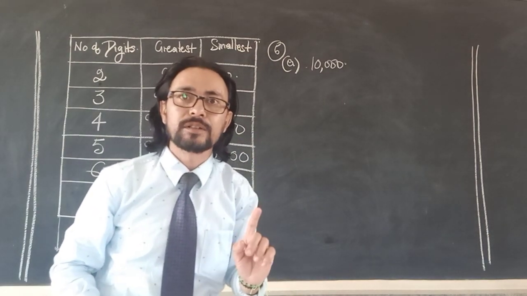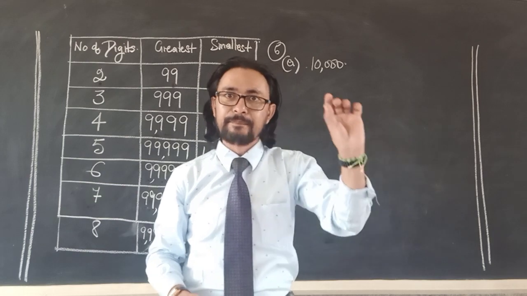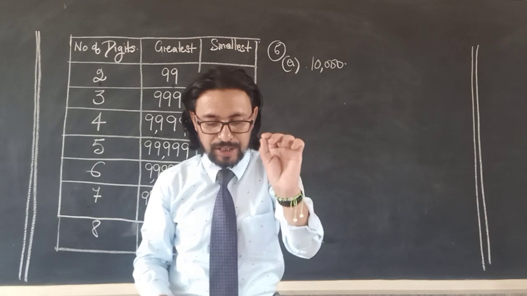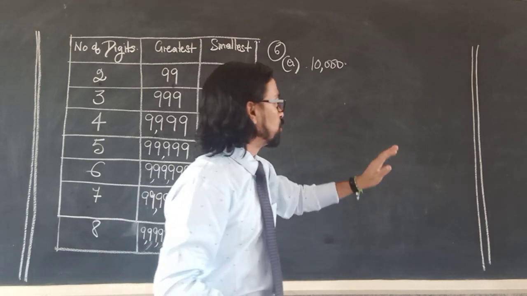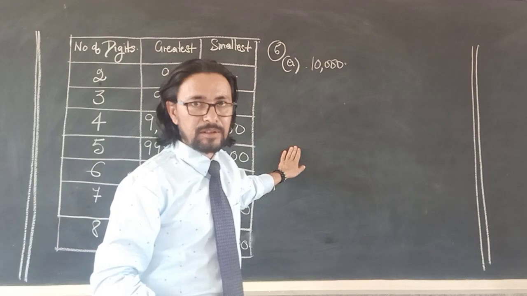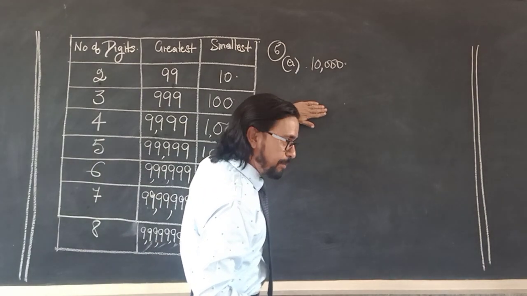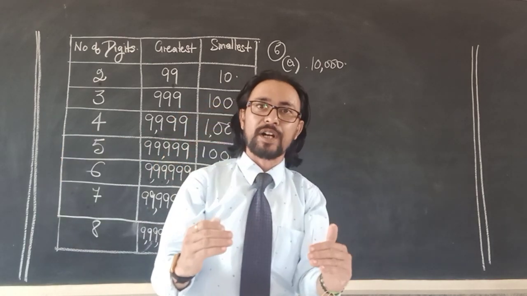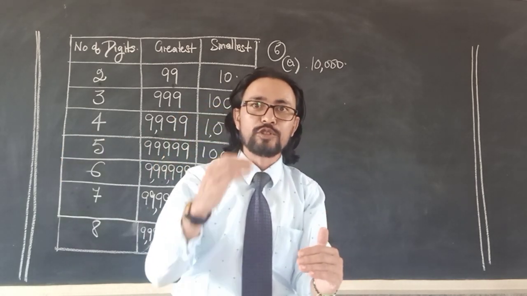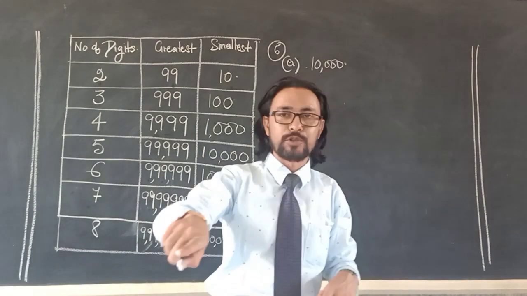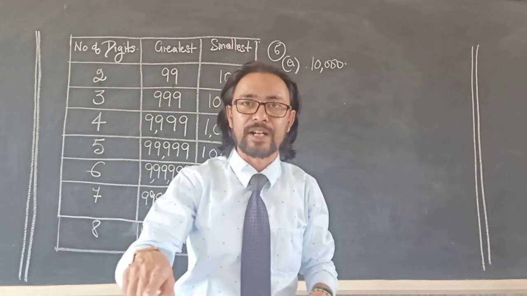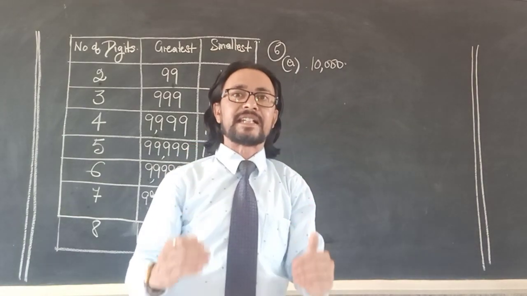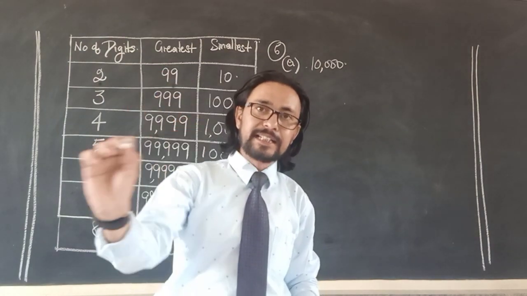I hope you've understood. When you've written sentence B, suppose I am the student, I write B, the sum of the largest 4-digit number and the smallest 5-digit number is, and you write the answer that I'll be getting just now. But the working that I'm putting just now for B has to go under statement B. You have to put the working under the statement. You don't just write the answer and jump to the part C sentence and start writing. So write the statement, write the answer in the statement.